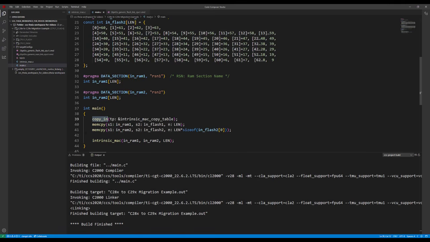It'll perform the copy from flash to RAM for the function intrinsic Mac, which must occur before you call intrinsic Mac as it occurs on line 43. So that completes the tour of the code that we'll be using for the migration demonstration project.